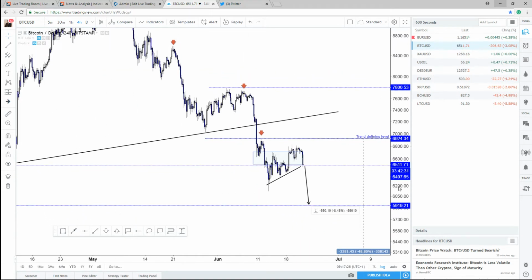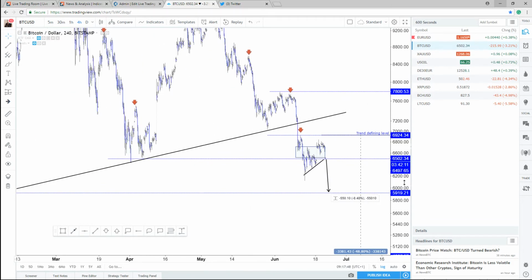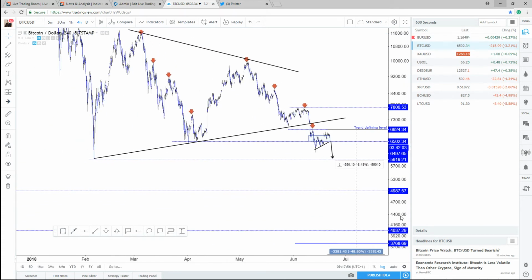As I've been saying, the market is in a short-term downtrend below 69.24, and I said that this reminds me a lot about crude oil, which tumbled after having this sort of corrective move. Now the bearish view I share with you guys is back into profit, and as long as we trade below 69.24, again, no change to the outlook. I suspect we're going to go down to 59.19, and then we'll see if this market would like to trade